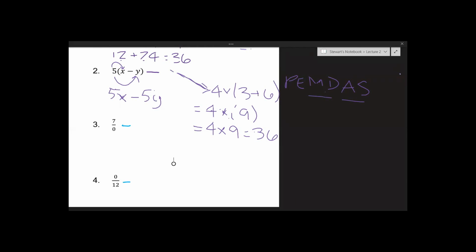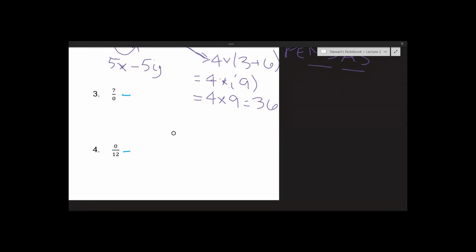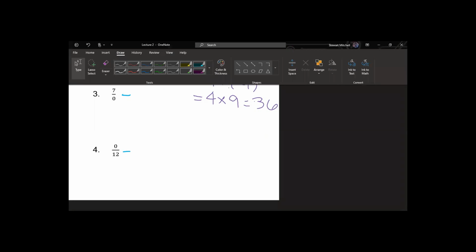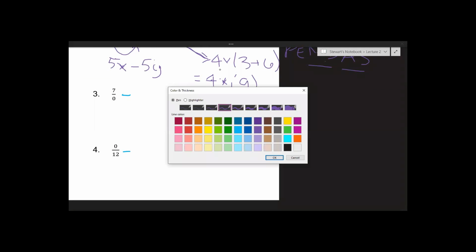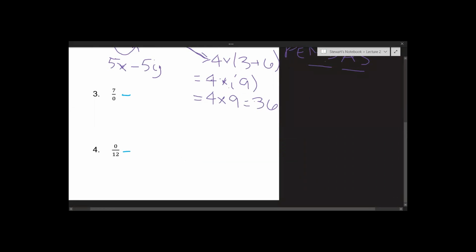Okay, and then for 3 and 4, we're dealing with a different property. We're dealing with the special property of 0. For both of these, they're a little different. I know you see a 0 in both of them. The key difference is that the 0 is in the denominator in number 3 and in the numerator in number 4. It's important to note that for any number at all,